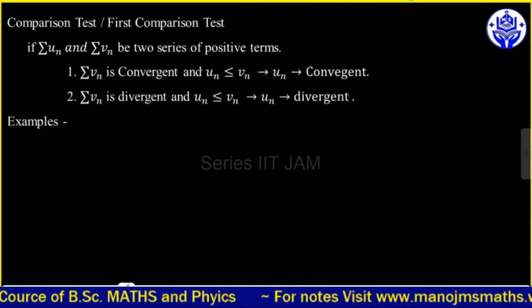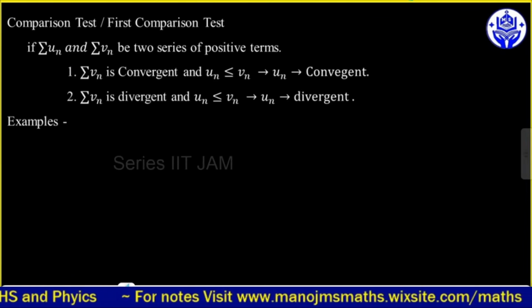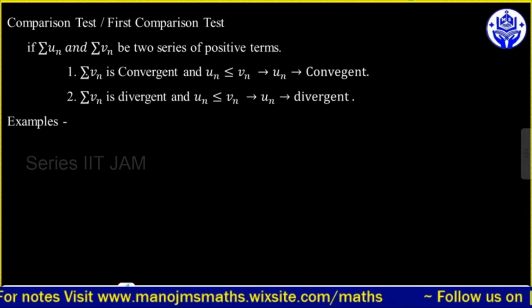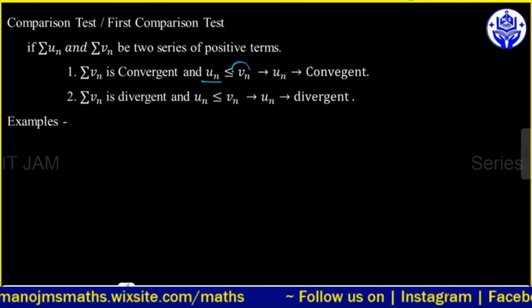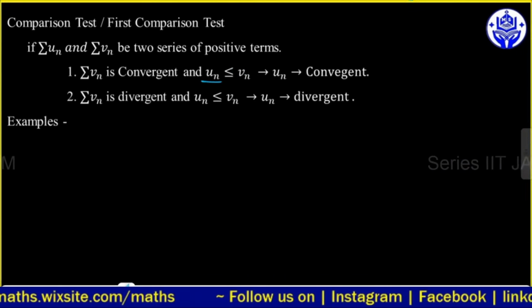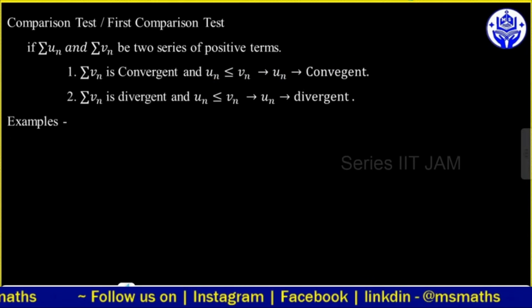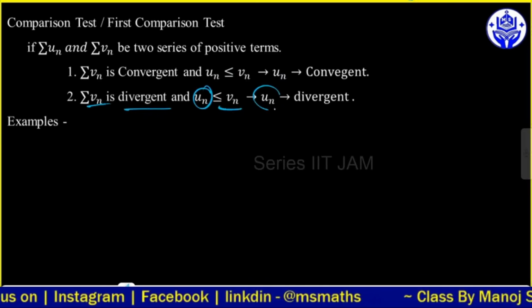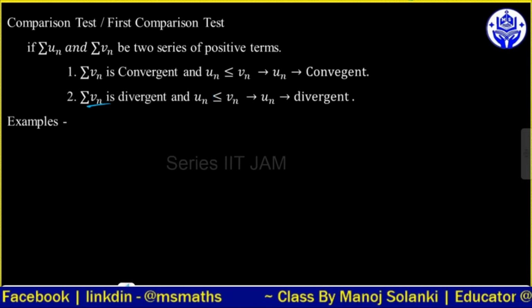तो क्या आप ऐसा समझ सकते हैं कि UN अगर कोई एक सीरीज है और VN उसकी जैसी एक और पॉजिटिव टर्म की सीरीज है, तो समीशन VN सीरीज जो है वो कन्वर्जेंट होगी, एंड UN इज लेस देन इक्वल VN। UN लेस देन इक्वल VN है तो UN भी कन्वर्जेंट होगी। सिमिलरली अगर VN डाइवर्जेंट है और UN ग्रेटर देन इक्वल VN है तो UN भी डाइवर्जेंट होगी। तो ऐसे समझते हैं, हम यहाँ पे कुछ एग्जांपल्स देते हैं और उन एग्जांपल्स से इसको बिल्कुल इजीली समझा जा सकता है।